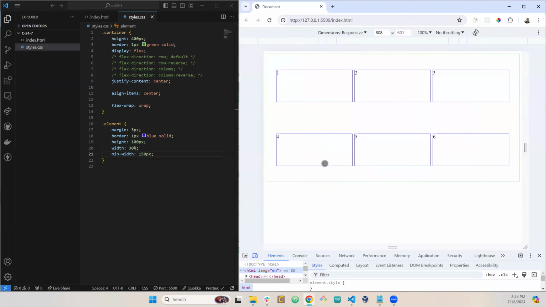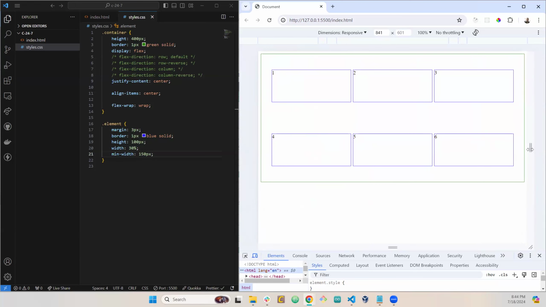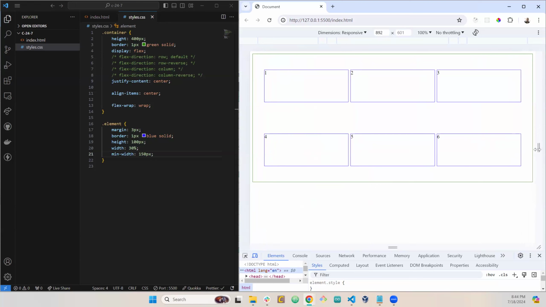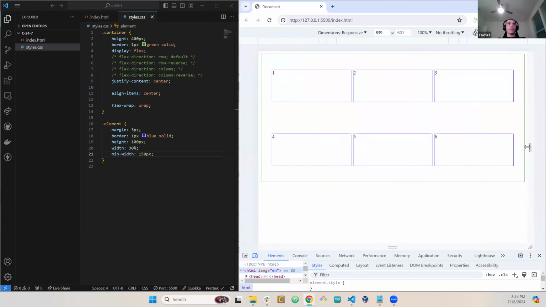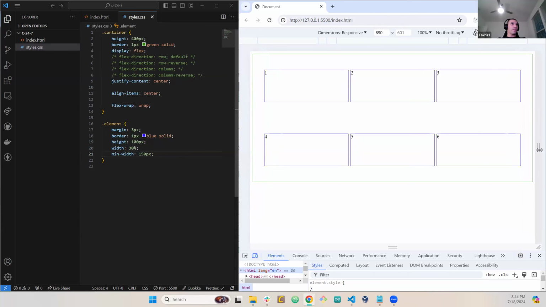Yes, but you said the minimum width and now the boxes sizes are growing as you expand the width. But is it possible to make them stay the same size, the default maximum size? Put maximum. Ah, yeah, I know what you mean. It's possible to not be that, let's say, wide, right? Yes. You can